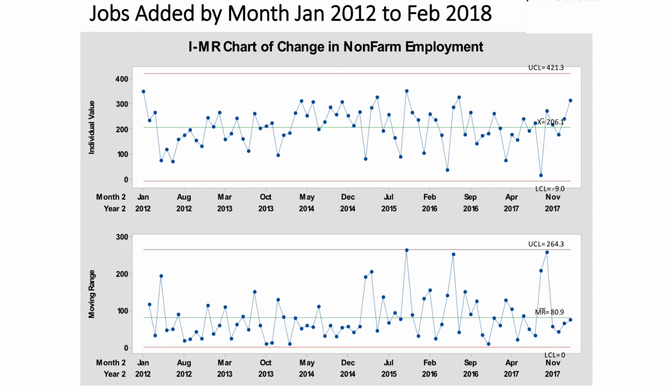What we're looking for now is either a point outside of that upper control limit or some test that says a run of 8 above 206,000 if, for instance, the tax cuts for individuals and for corporations lead to reinvestment. The theory, again, from a previous video that we recorded, is that we're waiting for evidence that these tax cuts, and the corporate tax cuts too, are going to increase our 206,000, that we start to see a run above that. Given the noisiness of this particular series, the most likely way we will get a signal from a statistical standpoint that we do have an increase in jobs added is